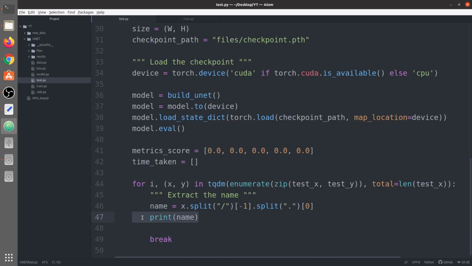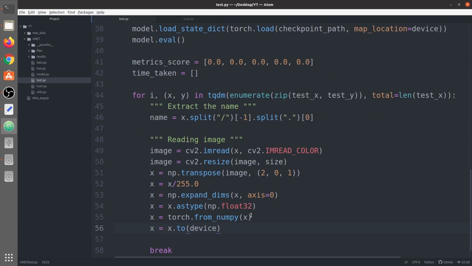Okay, next we need to read the images and resize. We don't need to resize them, they're already resized, but still you can resize them if you are not confirmed. But here I am fully confirmed that images are already resized. Then we're going to apply the transpose function, then normalize the pixels and expand the dimension. So let me give the shape here with proper understanding. So here the image is read as 512 by 512 by 3.